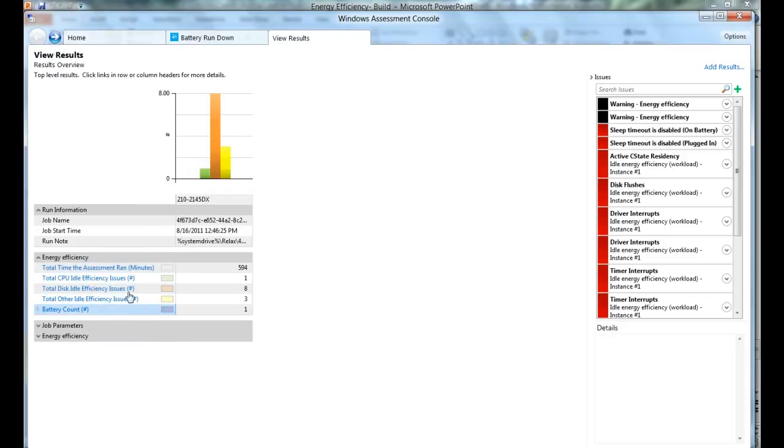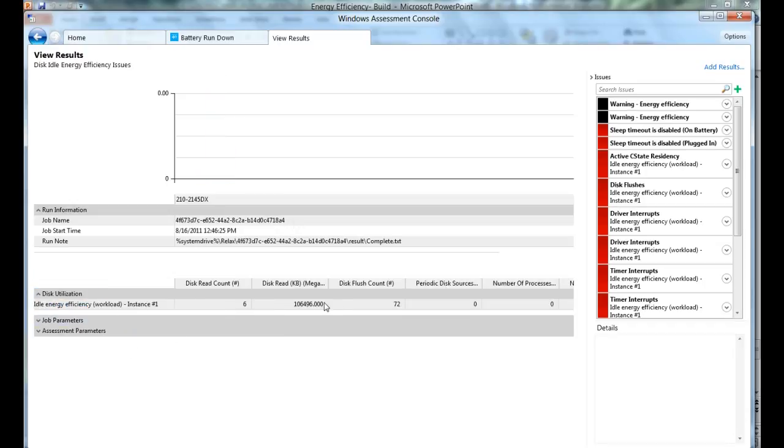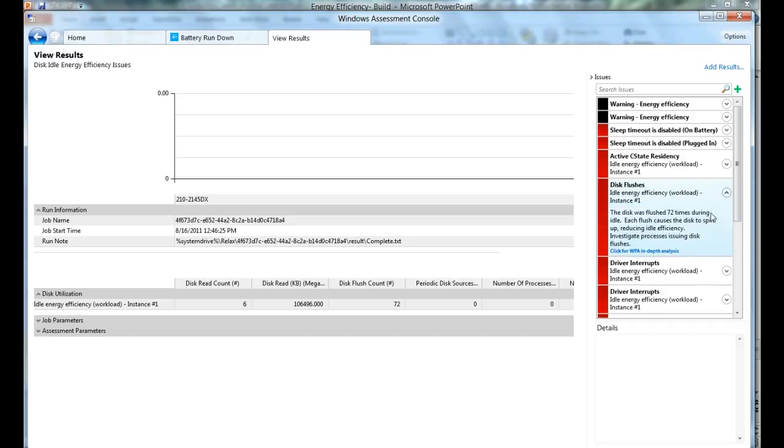And then there are various diagnostic related metrics. If I drill down into the disk idle efficiency issues, I see that there were 72 disk flush incidents, and there is a corresponding issue with that. It says that there were 72 times during idle the disk was flushed, which is too much. And if I click on this link, it will open up the ETL file in the Windows Performance Analyzer